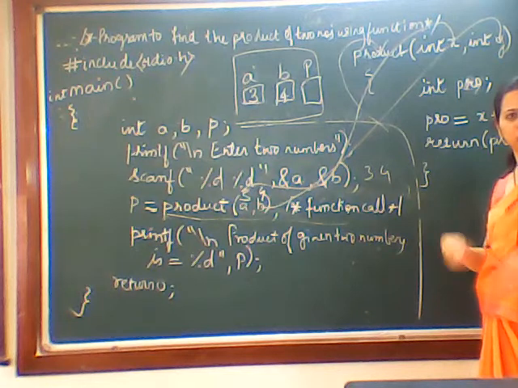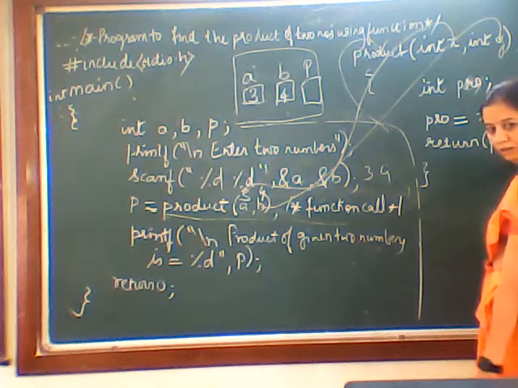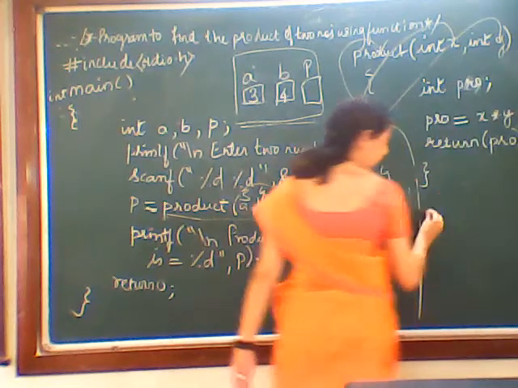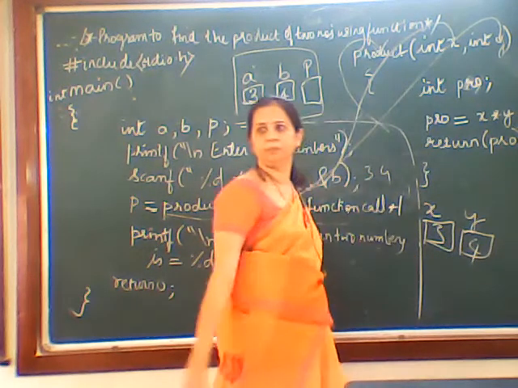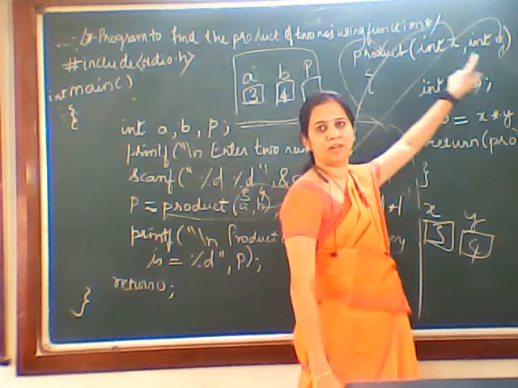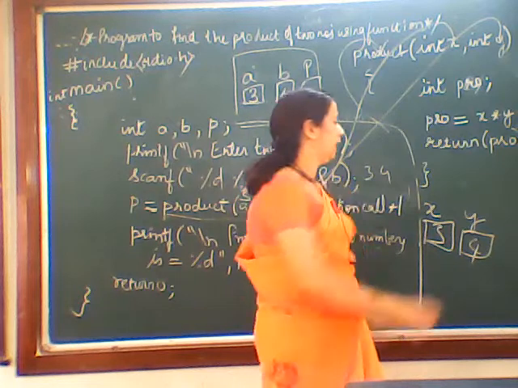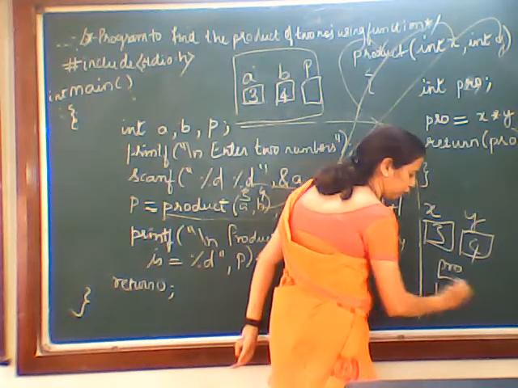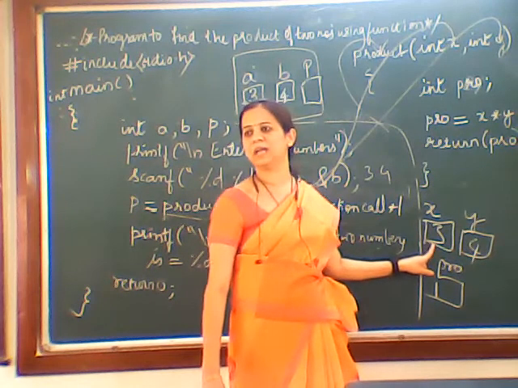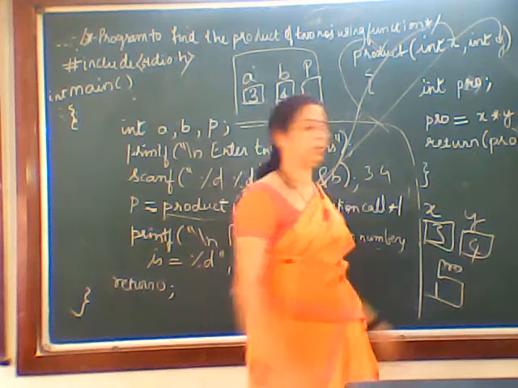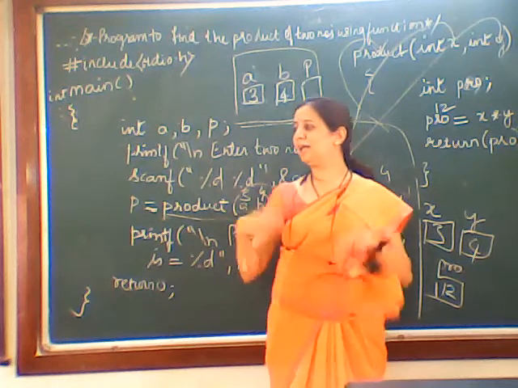Now your function will start working. Here X will be created, it will become 3. I'll write it here. X will be created, it becomes 3. Y will be created, it becomes 4. So we have the value of X, we have the value of Y, A and B gets passed. Now we calculate the product. I have created a variable called pro, which is empty. I say pro is equal to X into Y. You all can see what's the value of X now? 3. What's the value of Y? 4. 3 into 4, answer will be 12. So pro becomes 12. Now we calculated the answer, but